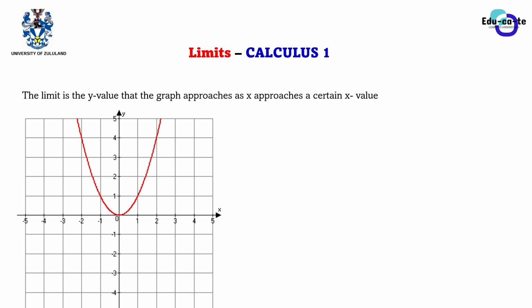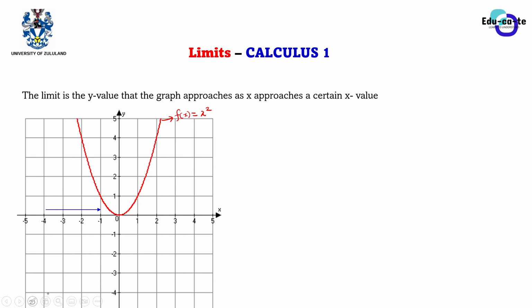So now let's try to put this idea into a geometric space. So we have got a function here given by f of x, or we can just say y is equal to x squared. This is a mother graph for a quadratic function or a parabola. So now we would like to approach x equals -1 on the x-axis along our function. So we would need to observe what's happening within the y-axis. Which y value are we approaching on the function, not on the axis, on the function.